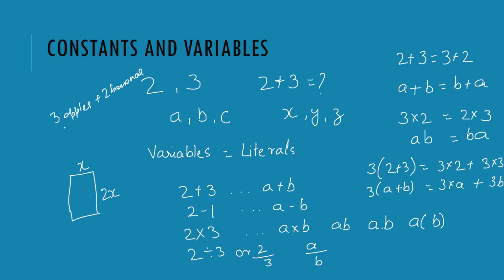Right. Now, what I told you is the price of an apple is twice the price of a banana, but I don't know the price of a banana. So how will you write it in a generalized form? If x is the price of a banana, 2x will be the price of the apple. Yes. Now let me try to draw it. So apple will be 2x. Okay.